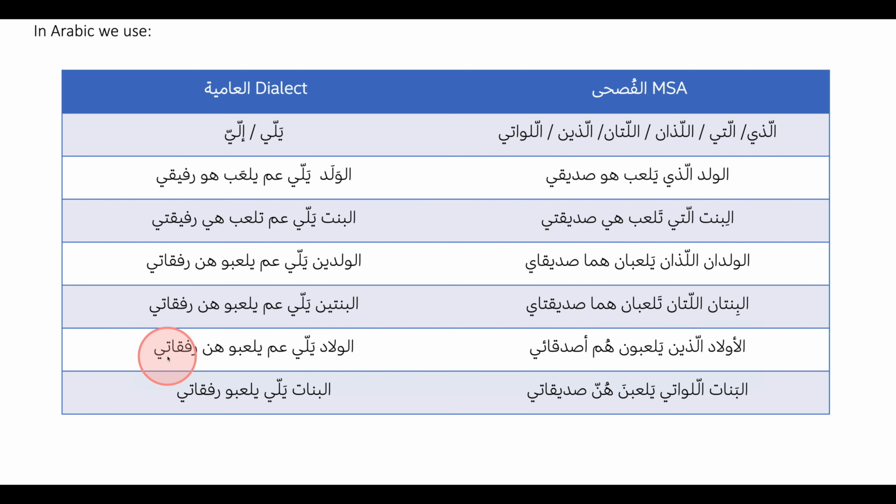So you see, we tend to shorten a lot and use pretty much the same, and that's why spoken is considered a lot and much easier than Modern Standard Arabic.